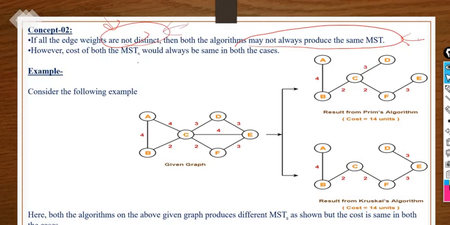However, the cost of the MST would always be the same in both cases, whether distinct or not, but the subgraph or minimum spanning tree shown here may differ. Cost will remain the same, right? So it will not affect the cost, but the diagram or connection of the edges to get the minimum spanning tree may vary